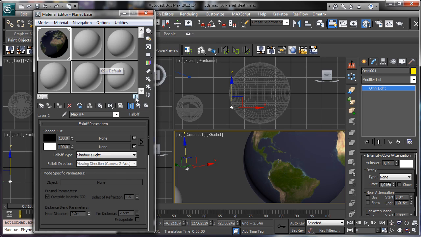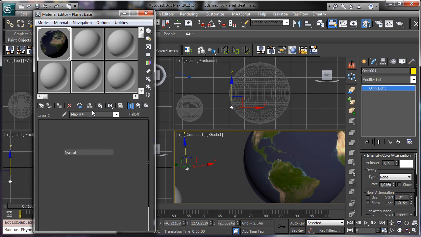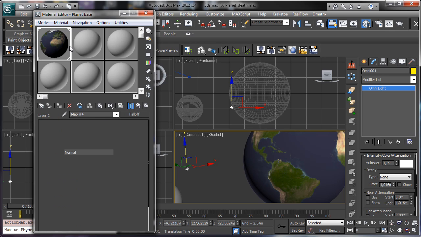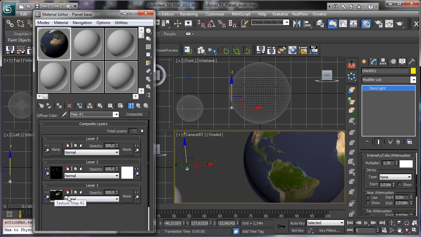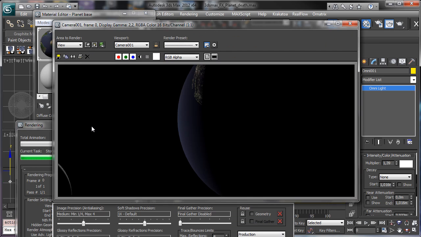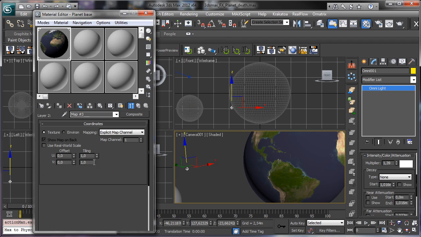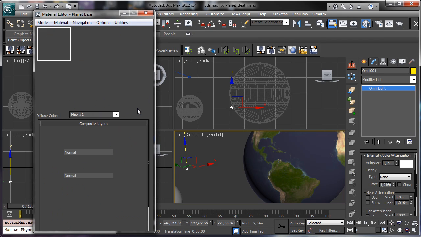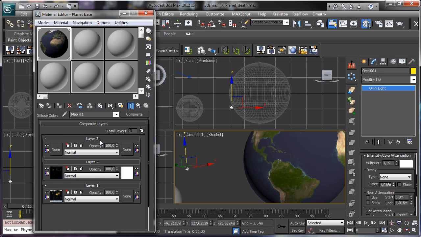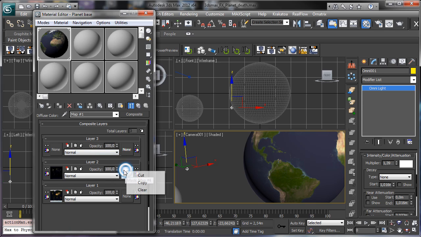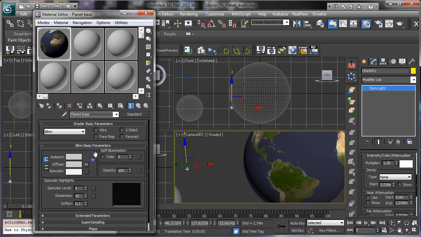So we'll have the two maps, but we have to use this one where we have the light, and this one where we have the shadows. Let's check it. We should have it, but I need to see the map. So we can do something like using this one as self-illumination, so we can see also